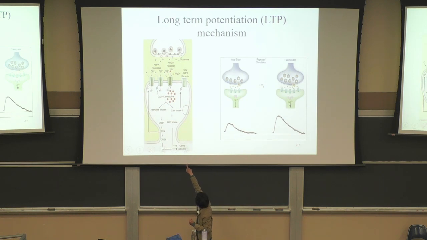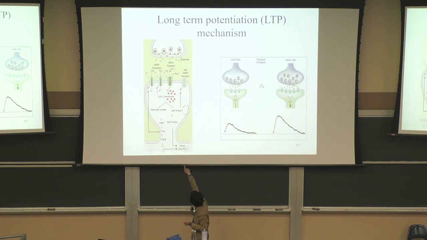So you get a lot of calcium going in because it's a very strong depolarization of the input. It activates this calcium calmodulin protein, and then the calcium calmodulin will activate a pathway that puts that P phosphate group on AMPA receptors. So if you phosphorylate the AMPA receptors, the Ps, then the AMPA receptor will conduct more ions per glutamate bound to it. So it becomes kind of a better AMPA receptor that conducts more positive charges. So it phosphorylates the AMPA receptor, and it also activates this CaM kinase 2 protein, which leads to the insertion of new AMPA receptors.